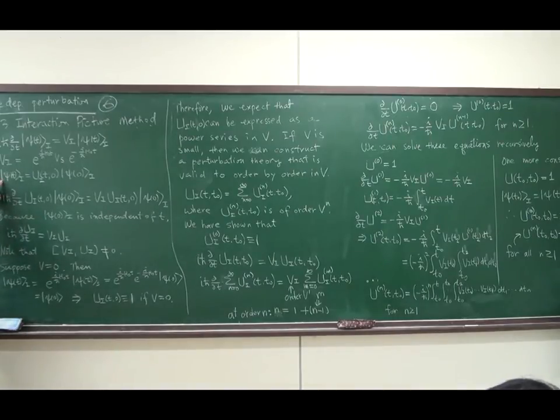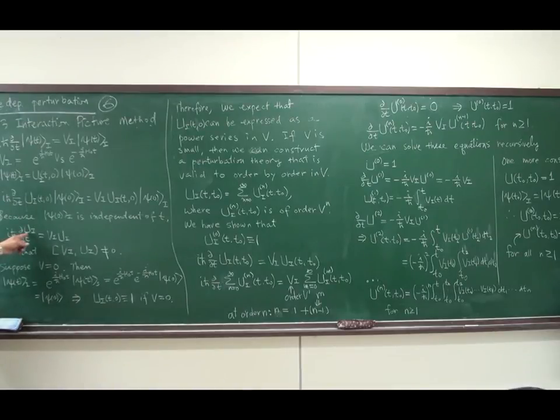And if we define the state ket in the interaction picture at time t to be the product of this time evolution operator in the interaction picture acting on the interaction picture wave function at t equals 0, then the Schrödinger equation reduces to this form. And actually there is no time dependence in the wave function at t equals 0. We can remove this and the equation shrinks into this form. We would like to solve this equation,